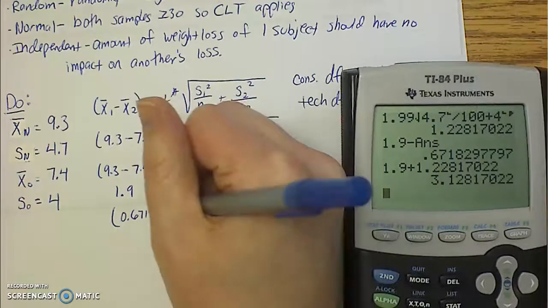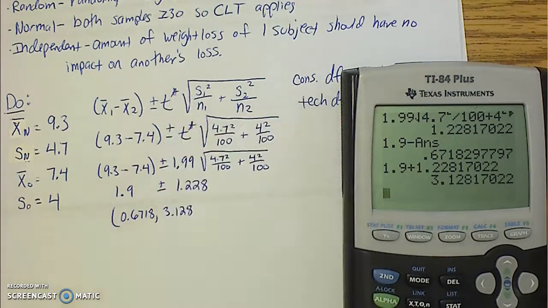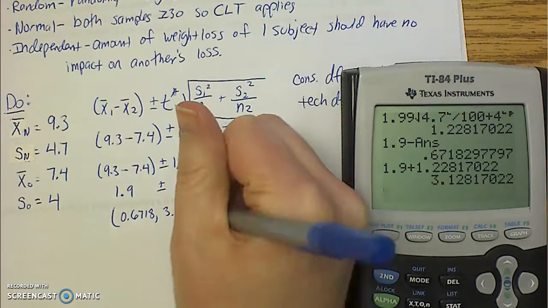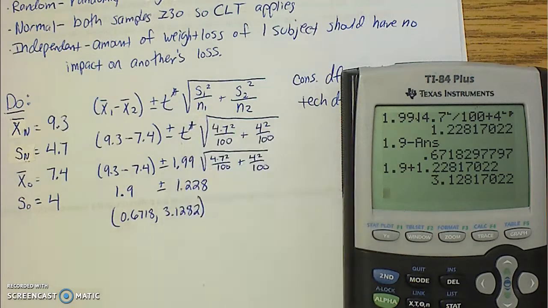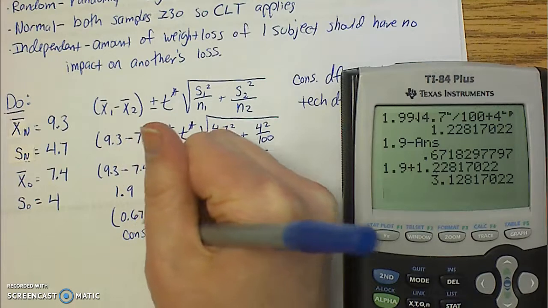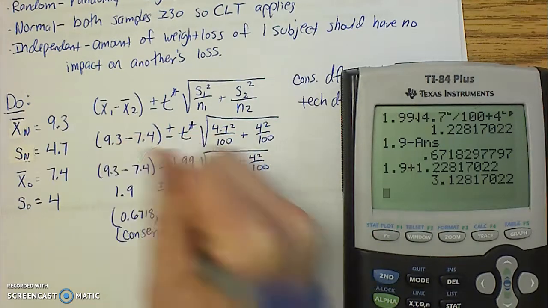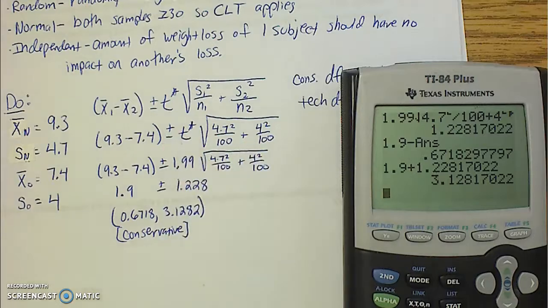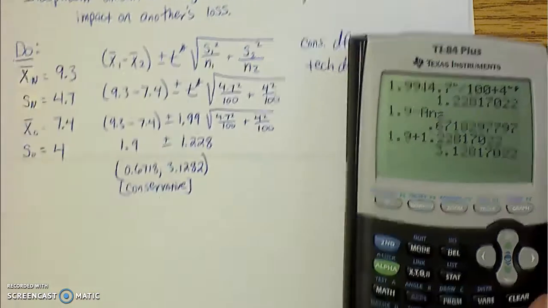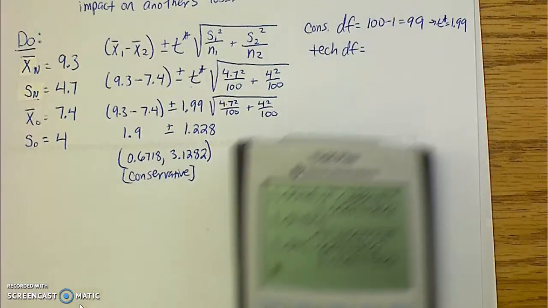If I want to go another one, I guess I can say 2, but usually 3 decimal places is okay. So this is the conservative one. That's my conservative answer. If you wanted to go the technology route, which I don't blame you, it's what we'll actually most likely do,